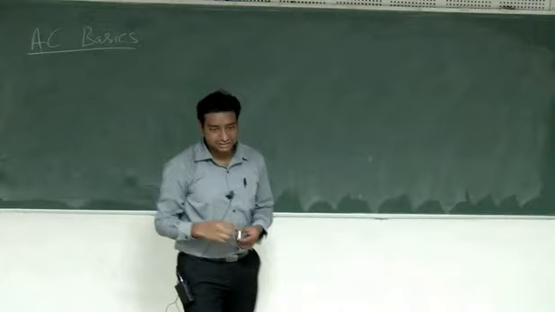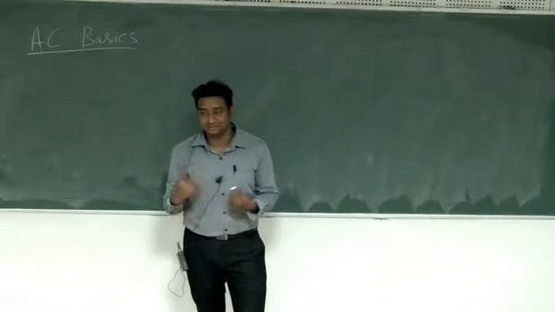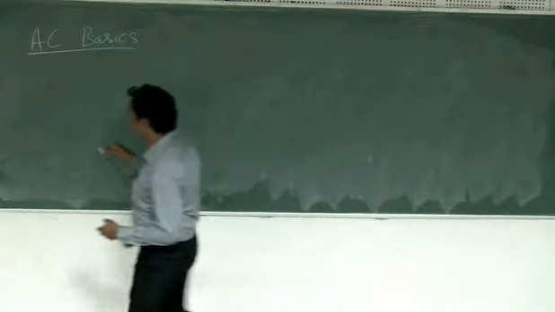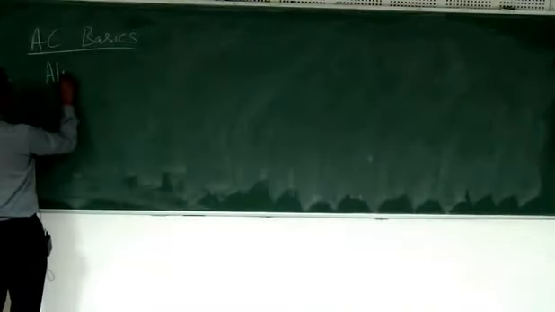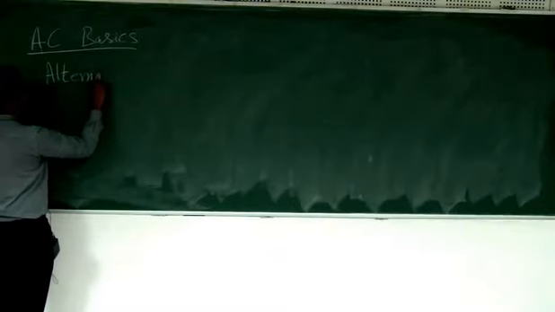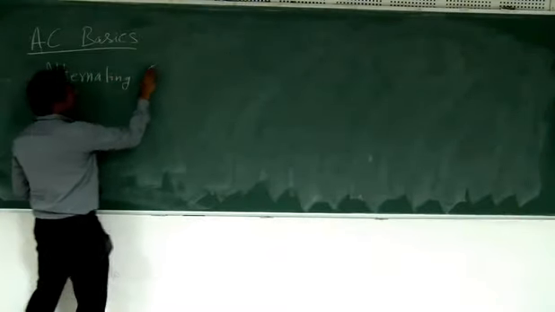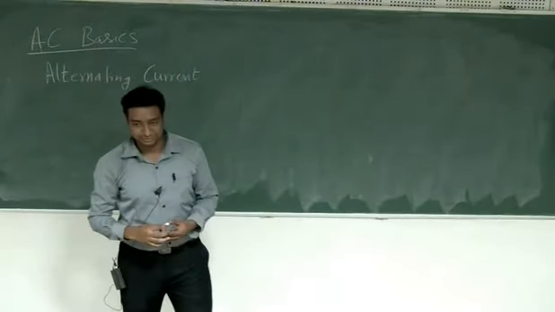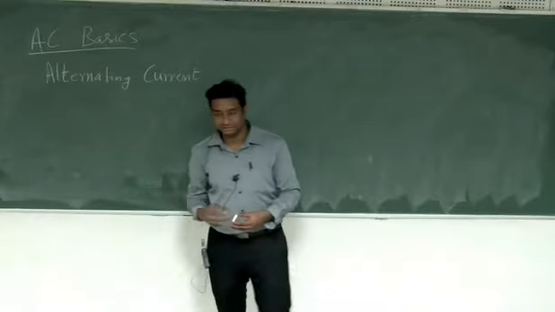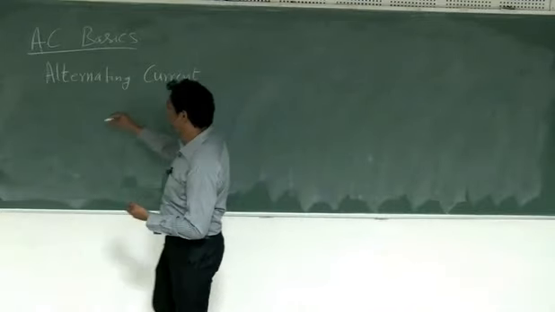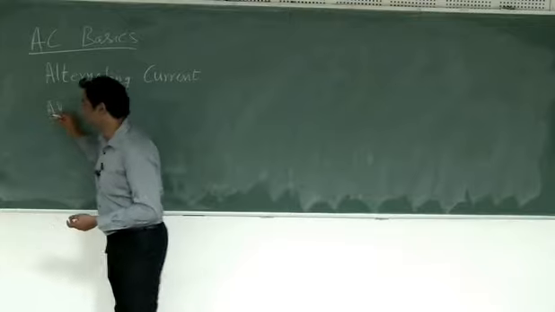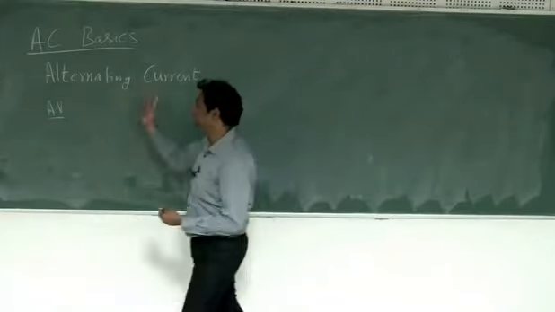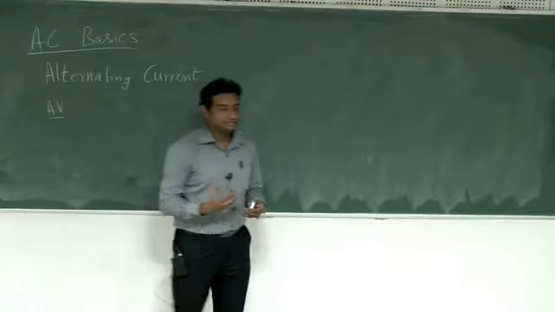So in the previous lectures we were looking at DC circuits, but today we'll go to AC. As I just told, AC is alternating. Alternating current is the full form of AC, but it also means alternating voltage. You can also consider it as AV, which is alternating voltage, but this is not famous terminology, and we normally say alternating current. So why is it alternating current?